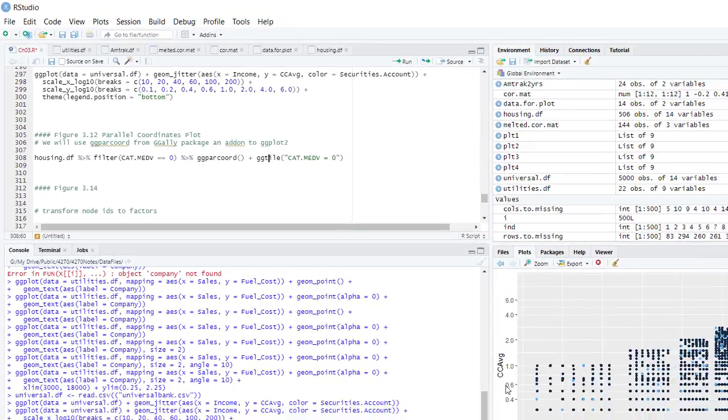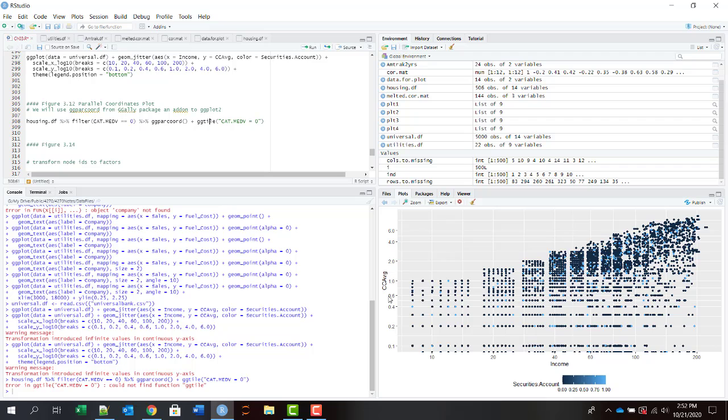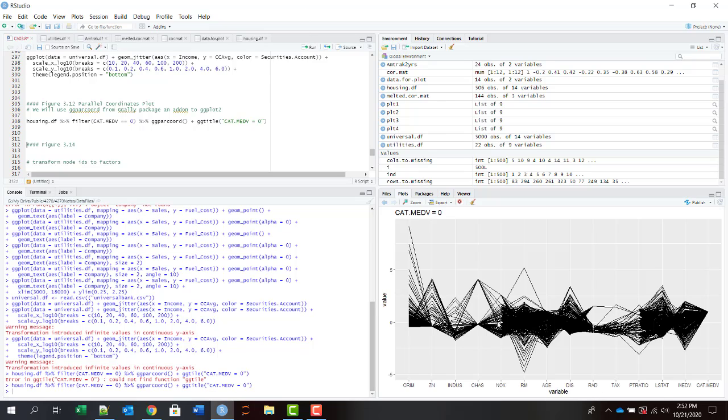I have a typo here. Title. Okay, so there it is. So we'll put that into plot 1, and then plot 2